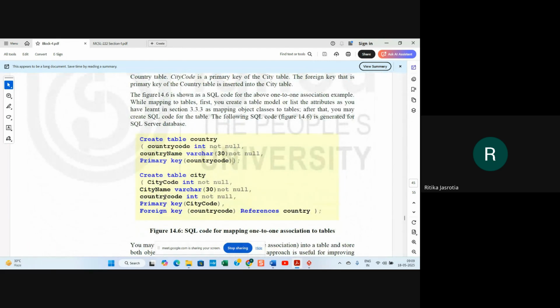So country code int not null, you have added country code also, the primary key of the country inside the city table. So this will act as a foreign key. So now primary key is city code of city table, and foreign key country code references country. This way you create a foreign key. So country code is a foreign key and it is referred from the country table, references country. This is how you make it,